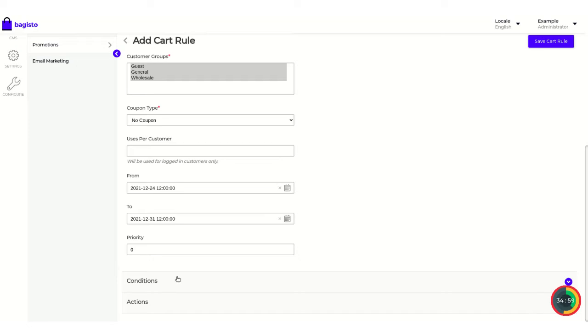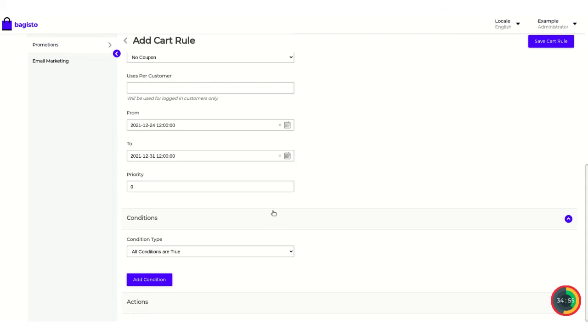Now next is condition. This is very important under the cart rules. Under the condition type, the admin can select between the two, like all conditions are true and any condition is true. Suppose we are selecting here all conditions are true. Now from here we need to add the condition.